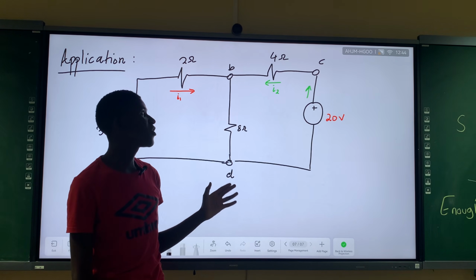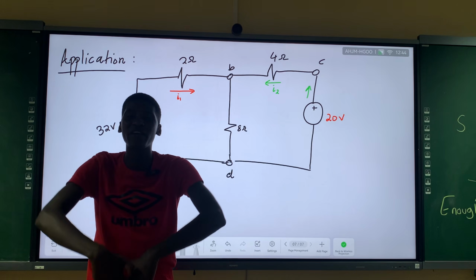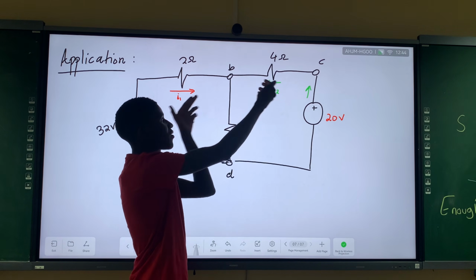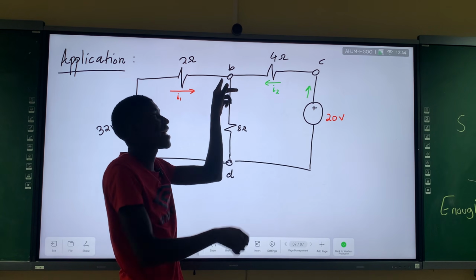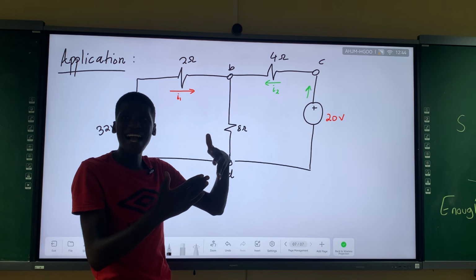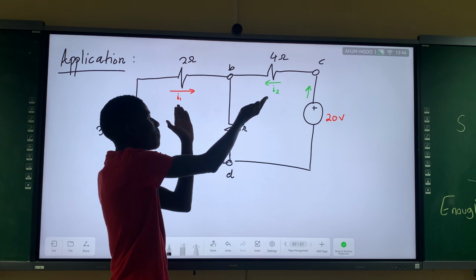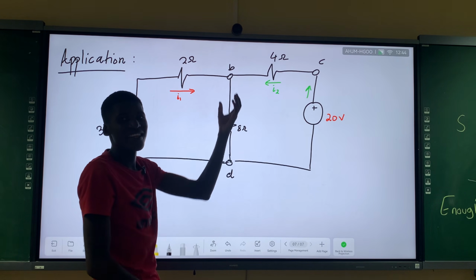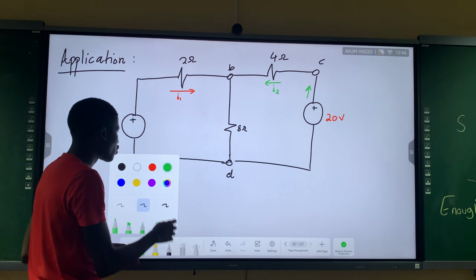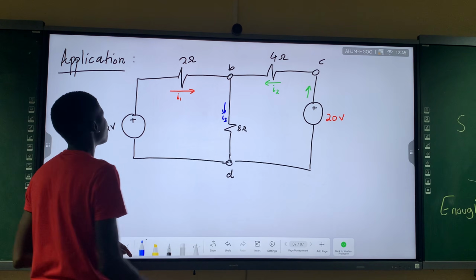So make sure that where your currents meet, there is at least another way, a free way for them to combine and go. So at this node where the currents meet, at terminal B, they will all combine. I2 will not continue this way, no, they all combine and take this path, because this path has no other current in it. So we're going to say that this is our current I3.